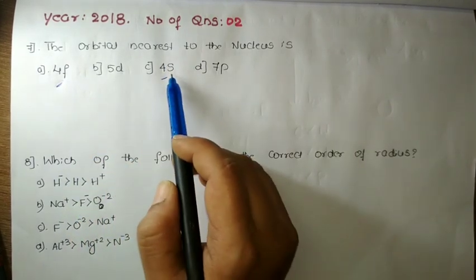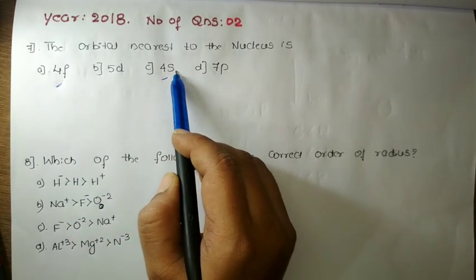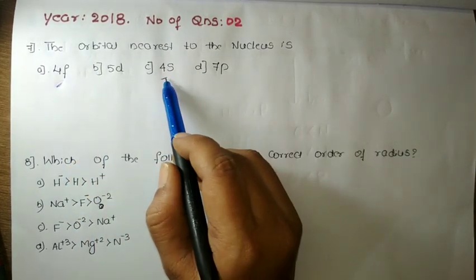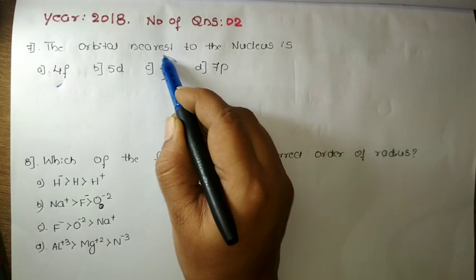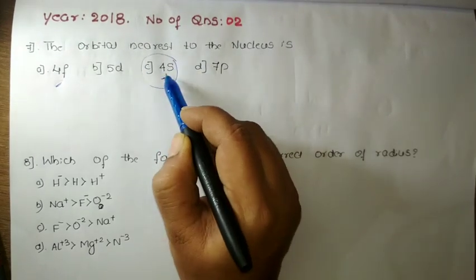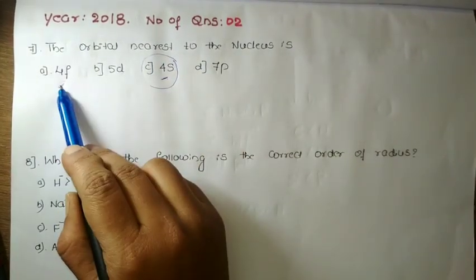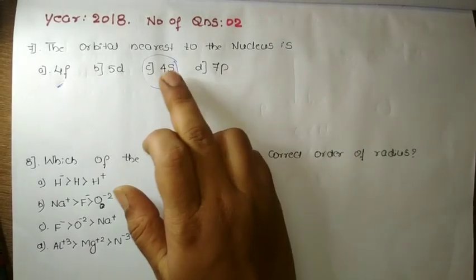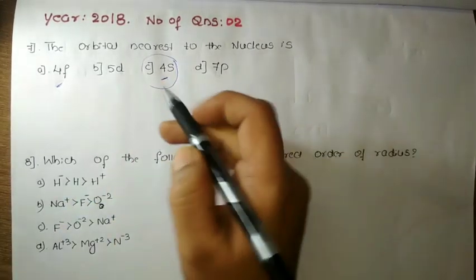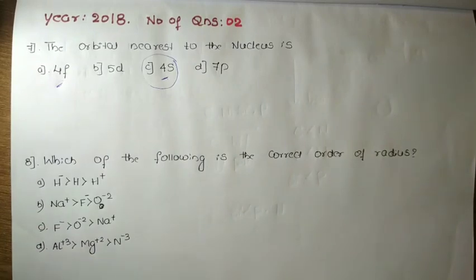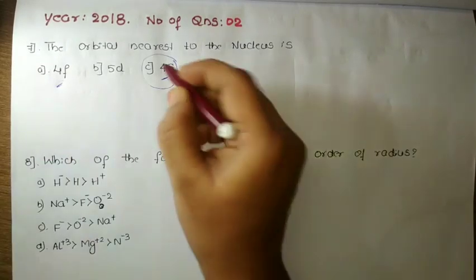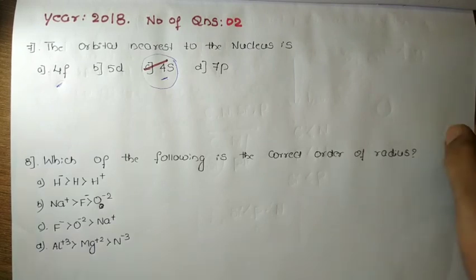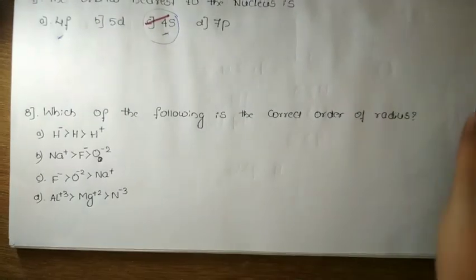We know that always the s orbital is filled first, followed by the f orbital. Agree? So the 4s orbital is the one which is nearer to the nucleus than 4f. Okay, so it is option 1, which is option C, which is the correct option. That is, the 4s orbital is nearer to the nucleus than the 4f. Okay, very simple question. Similarly, come to the next question over here.